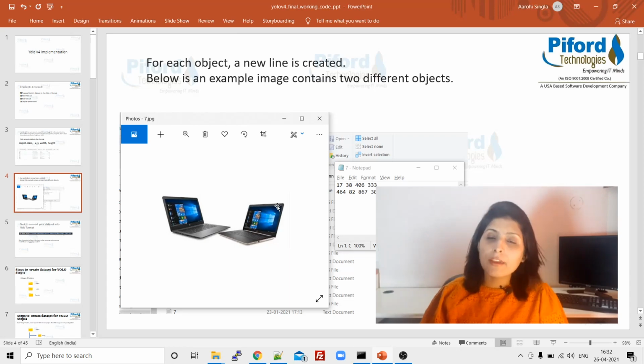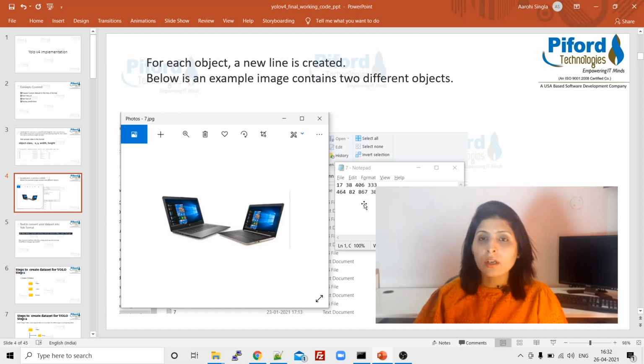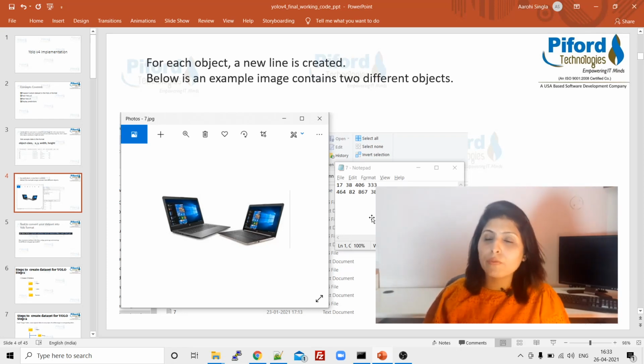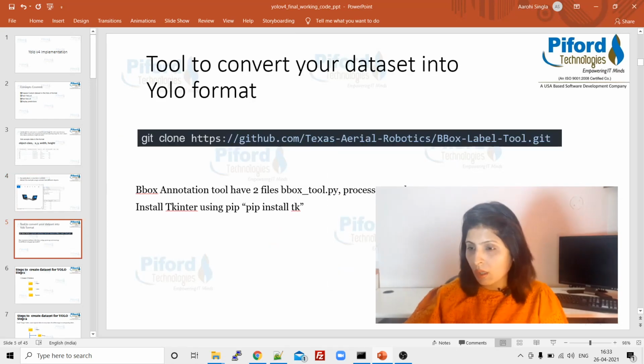For example, if you have 4 objects in one image, you are going to have 4 different annotations, 4 different coordinates in 4 different lines, one line for one object. These are just basics which I'm telling you before moving to the code, so that you can relate to them later when I write the code. Now we want to convert our dataset into the format of YOLO version 4.